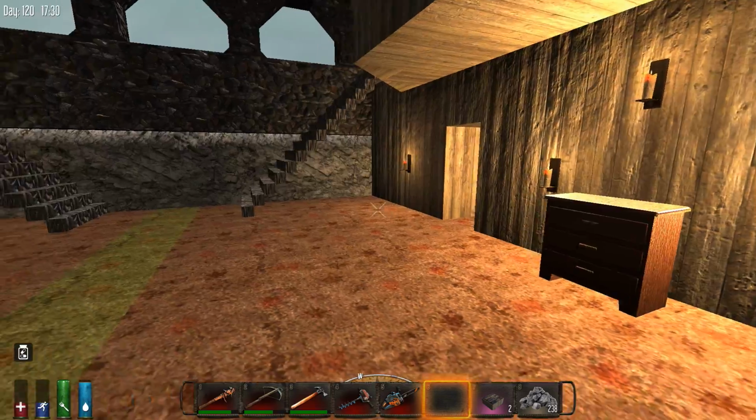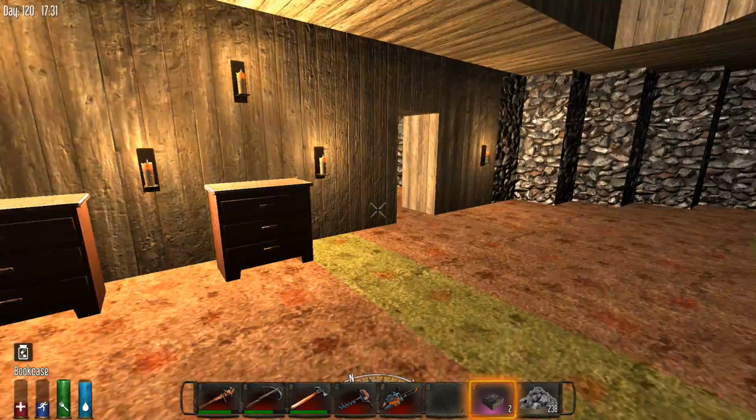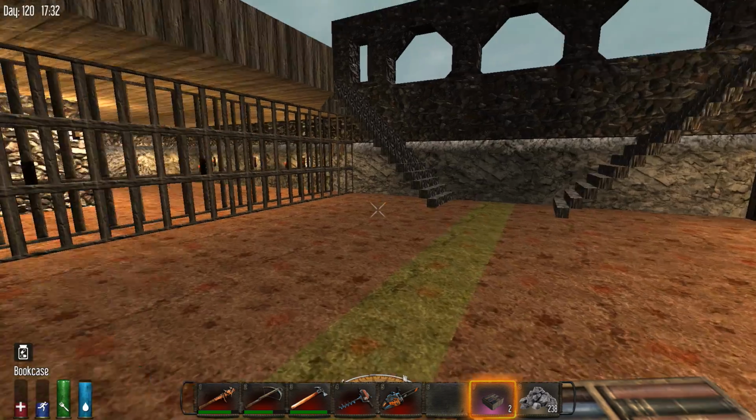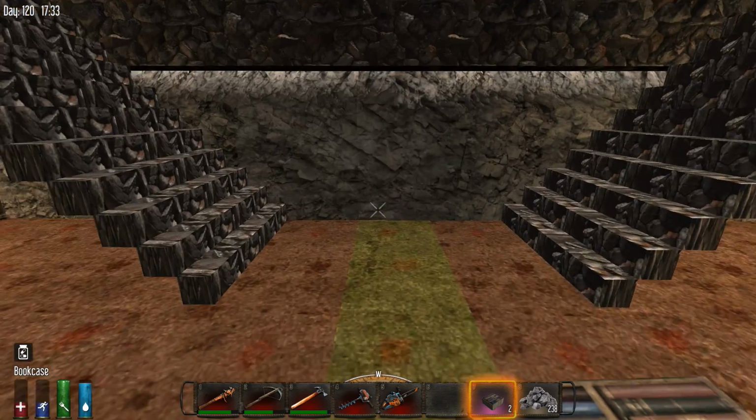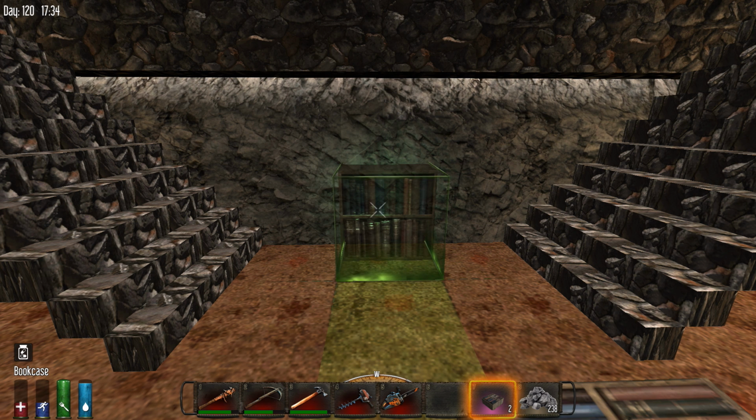Okay, let's do that. So this is nice, fitting for the hallway. And let's put a bookcase here at the end of the stairs. Like, why would a bookcase lie flat on its...